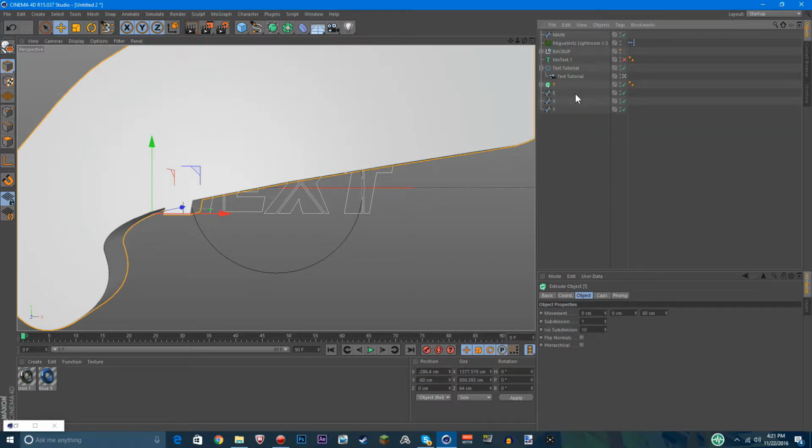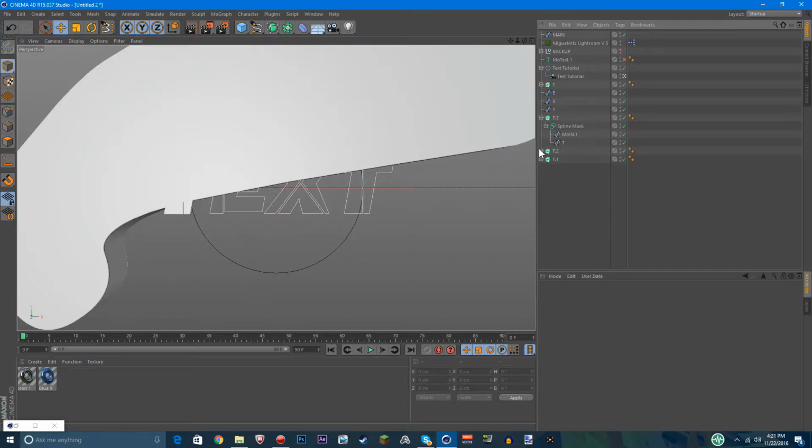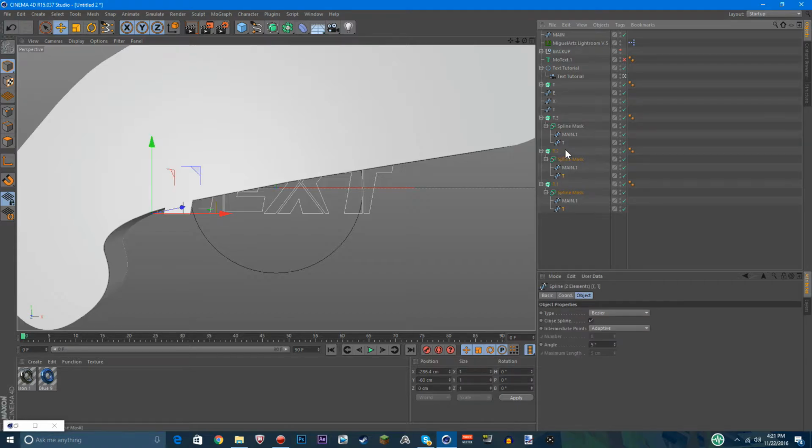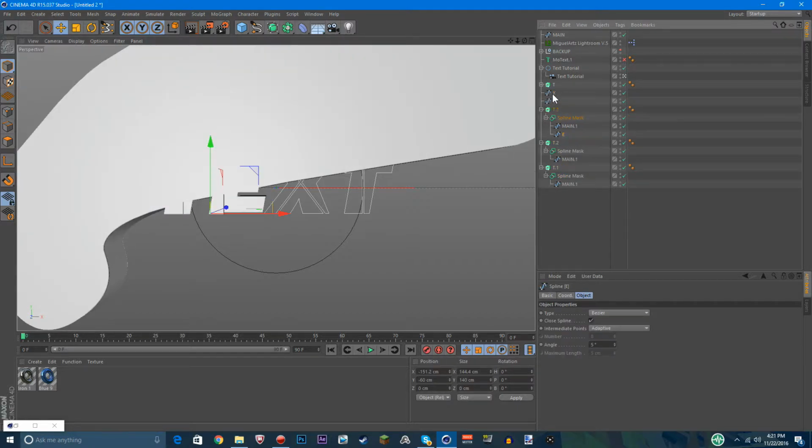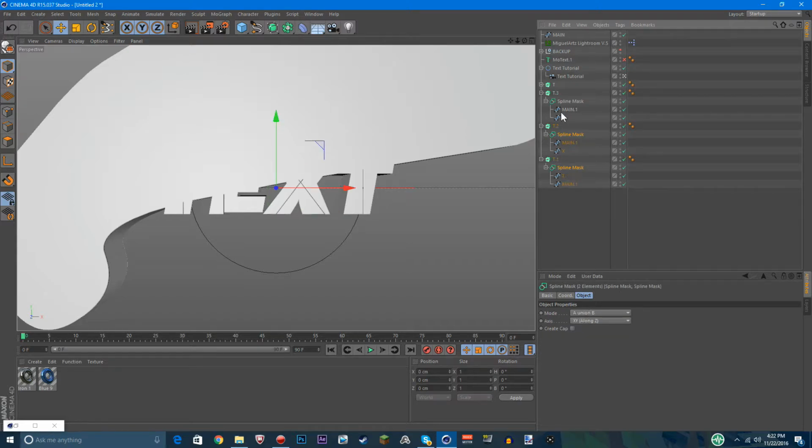Well, you're going to copy and paste however much more you need. So I have 3 more letters that I need. Use those, open these up, delete these letters, and then bring the text you need into them. So, you need that. Where did the X go? X is right here. Bring that into there, and then click on all the spline masks